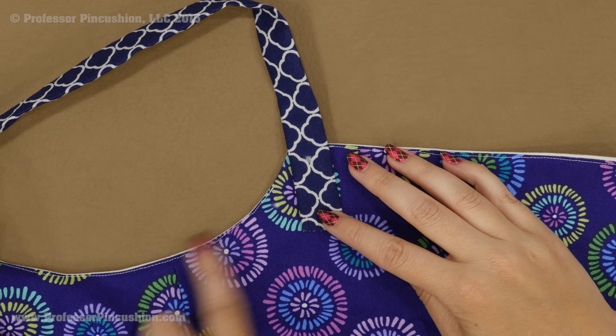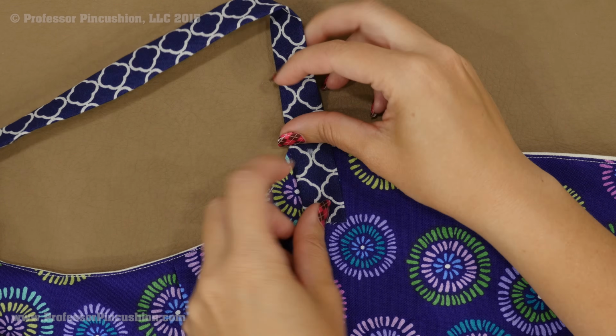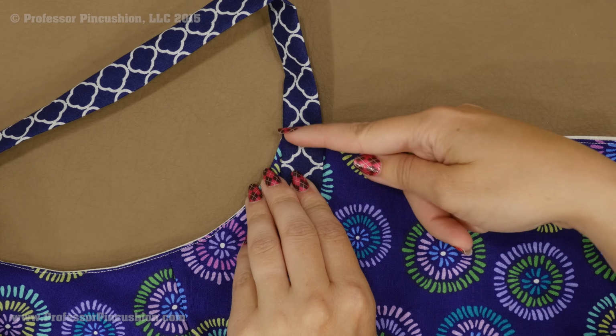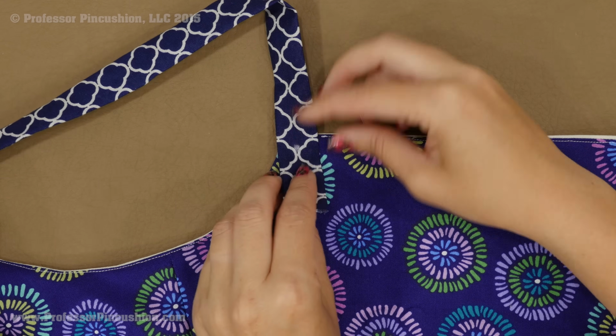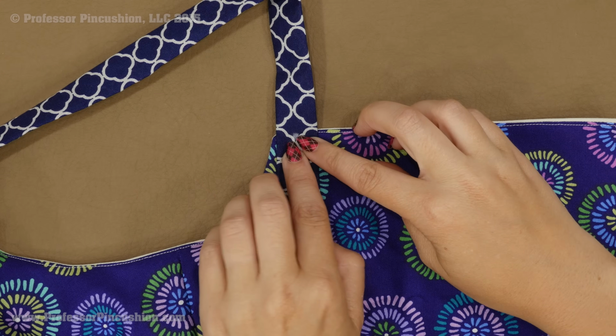So this is the armhole section here, and this is the top of the back. So it's going to go up and down like this. So it's going more in line with the back here. I'm matching up, so my mark here is at the same spot of my back. And then you're going to go ahead and pin it into